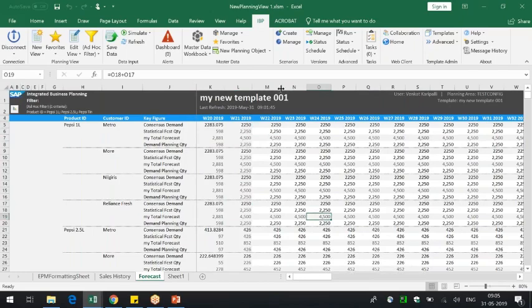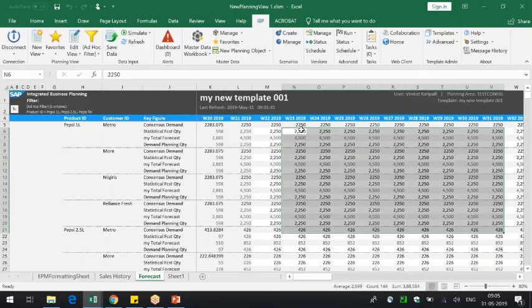Now here, let's say I want to have a border, some kind of dotted line, so that the planner will know that I want to focus on the weeks from week 23. If there are any adjustments, he can make them only on week 23 and into the future. Okay, that's a requirement. How to put a border on a column, column-wise, for all the key figures, not just for one key figure? Okay, now let's see how to do that.